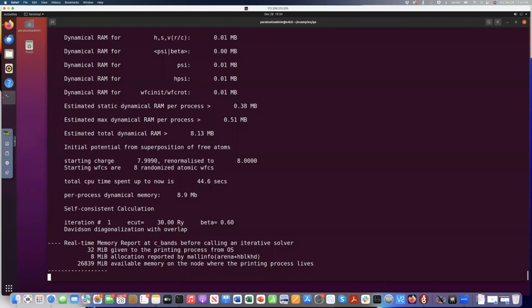XPMEM is the package that is used for intra-node communication in MPI. So with this, you can run these applications, simulate them, and see the performance of your applications within the same